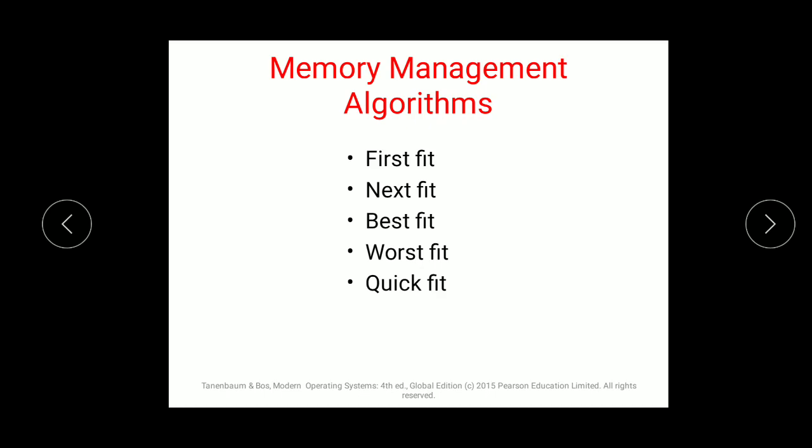Best fit: in the best fit strategy of memory allocation, the smallest hole that is big enough to occupy an incoming process gets allocated to that process. Means what? If I have an empty hole of 16 KB, and my process is ready for memory allocation of 16 KB, that hole could be the best fit for that process, big enough to get occupied into that hole.